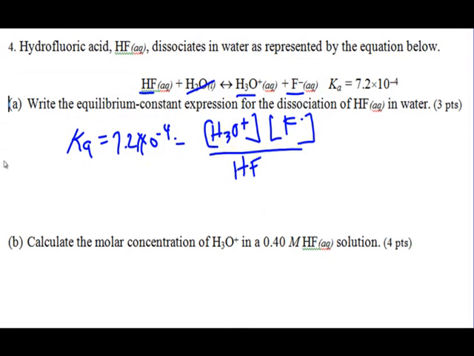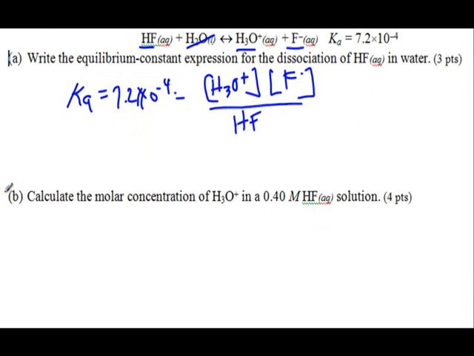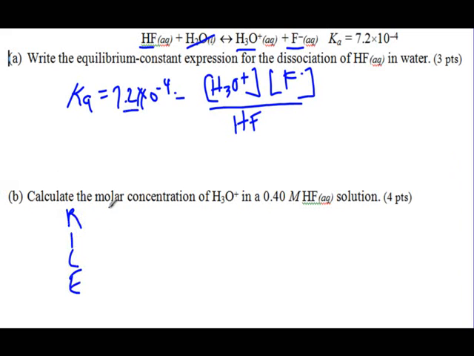Okay, so we want to calculate the molar concentration of H3O plus in 0.4 molar HF. Okay, so this is a weak acid, and we know that because we're given the Ka. So we're going to need to use a RICE table. Okay, so let's do RICE, and the reaction is HF. I can leave the water out. It gives me H3O plus